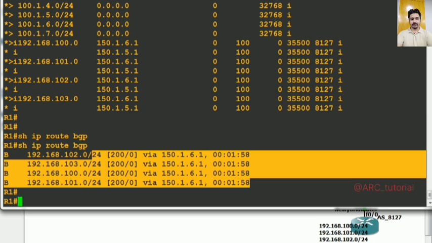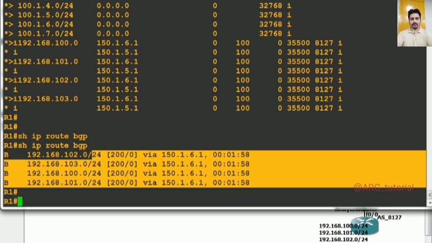its best path is via R6 only, based on router ID, because this time R6 has the lower one, and this is iBGP for R1. Both of them are iBGP neighbors, and for iBGP, automatically it will consider their router IDs for best path selection. But for an eBGP neighbor, of course, it does not consider their router IDs by default. Here it is considering it. Fine, good,